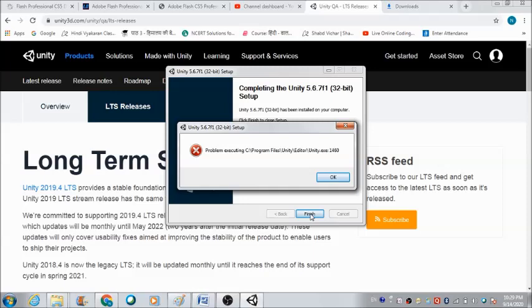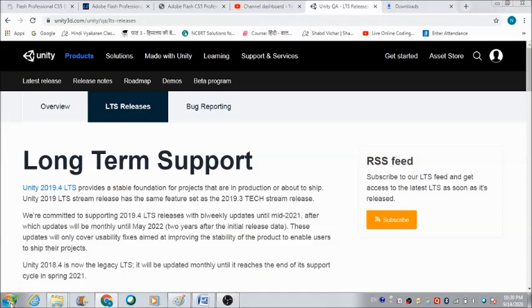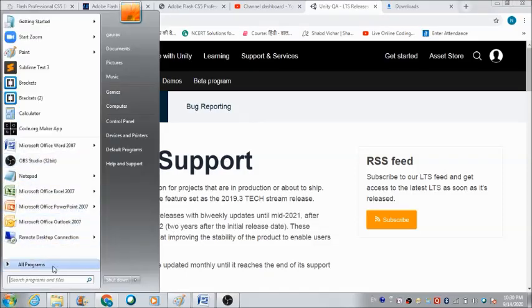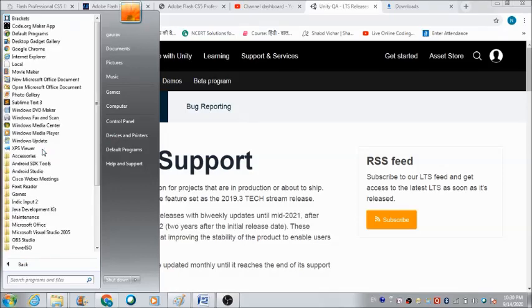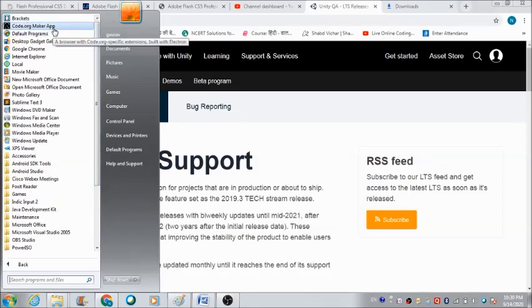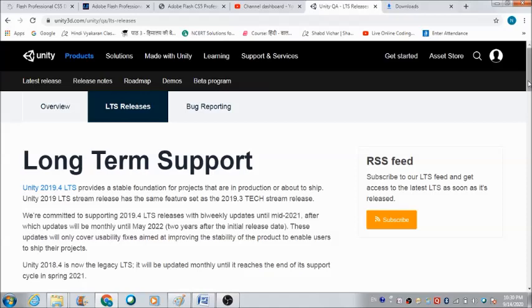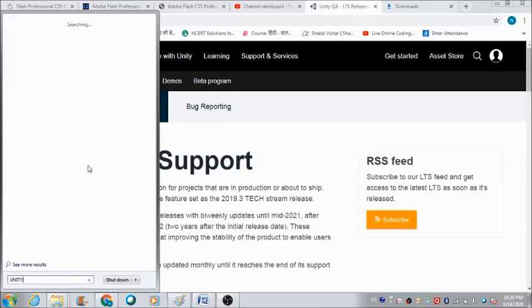And the knowledge that we have got from whatever we have learned on the code.org platform, the knowledge of coding, is going to help us a lot when we will be working on this platform and creating different kinds of things. So if you haven't checked my coding lectures on the code.org platform, please go ahead and check those basic coding lectures, so that you can get a good feel of this environment.